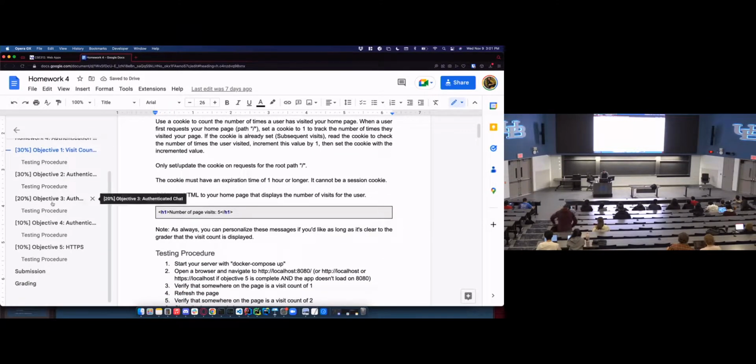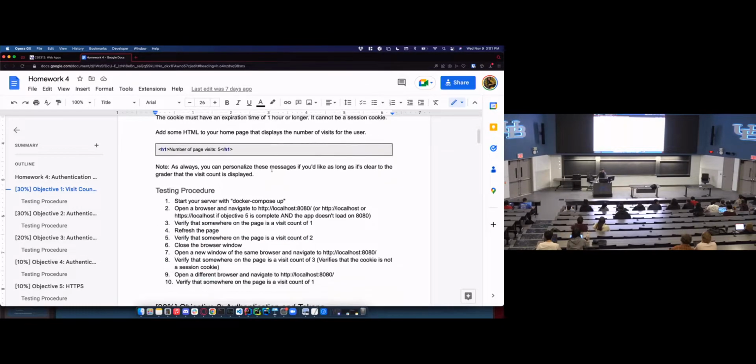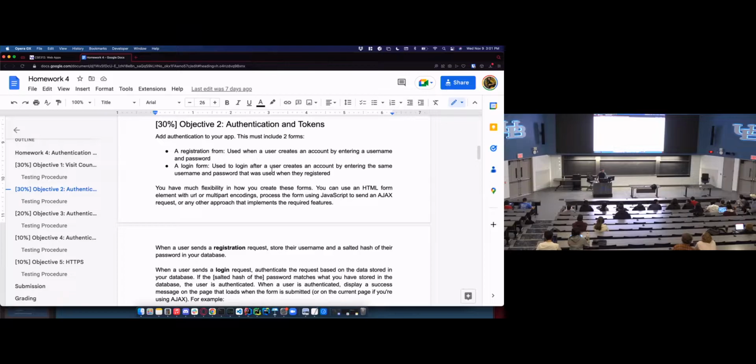So just a quick roadmap: homework 4, the visit counting cookie. You have everything you need to be able to do that. Objective 1 is completely on the table right now, and today we want to talk about Objective 2, authentication. I guess just authentication, and Friday's lecture is going to be the AND tokens,